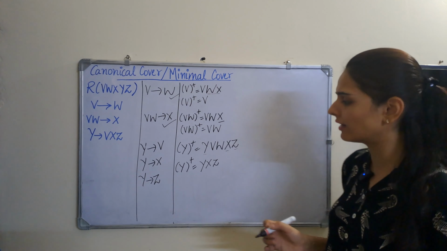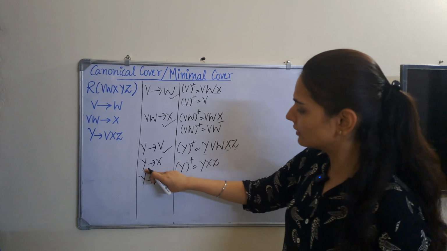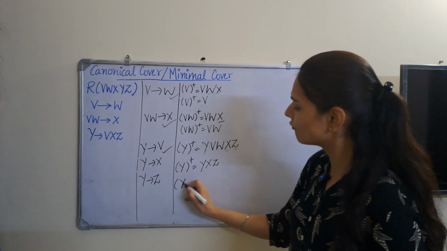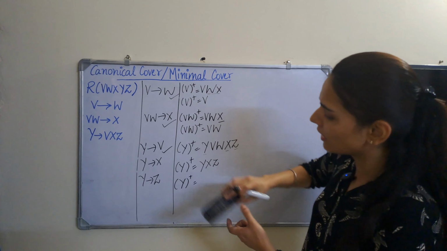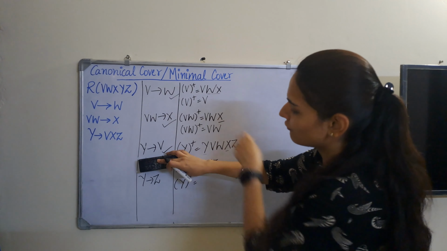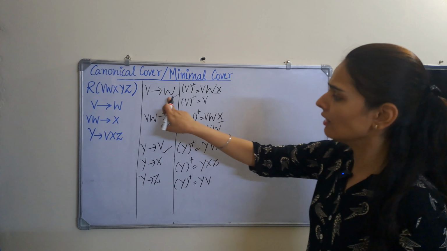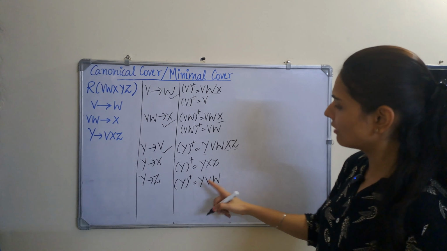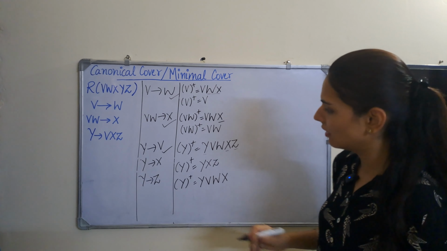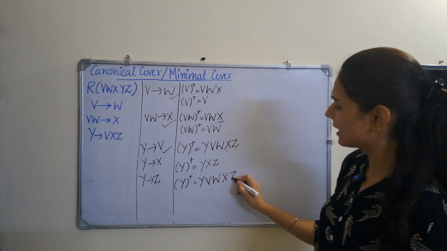VW value we will not have. So again we'll have to keep this one. Next is, for this functional dependency, again we'll try to find out the closure of Y. This time we won't consider this functional dependency. So with Y we can have V, and with V we can have W, and with VW we can have X, although we could have X by, no, this one we are not considering. And with Y we can have Z.